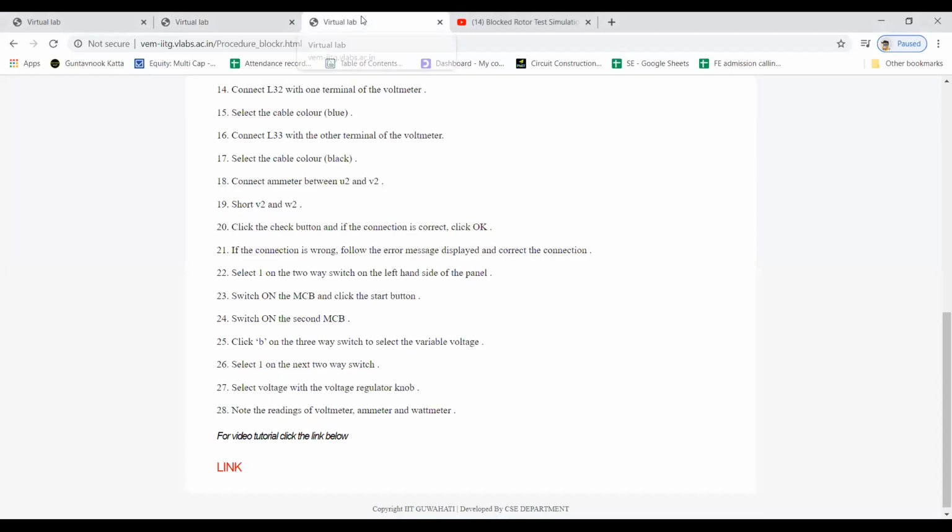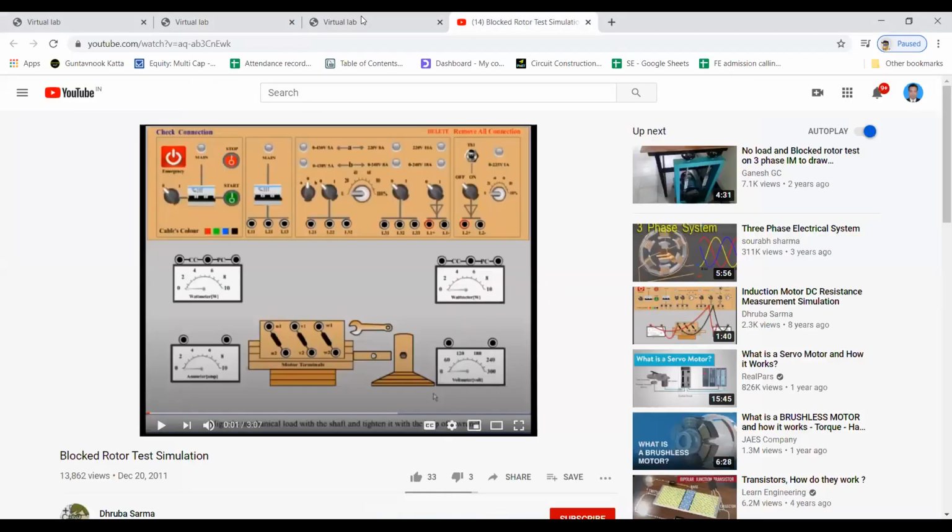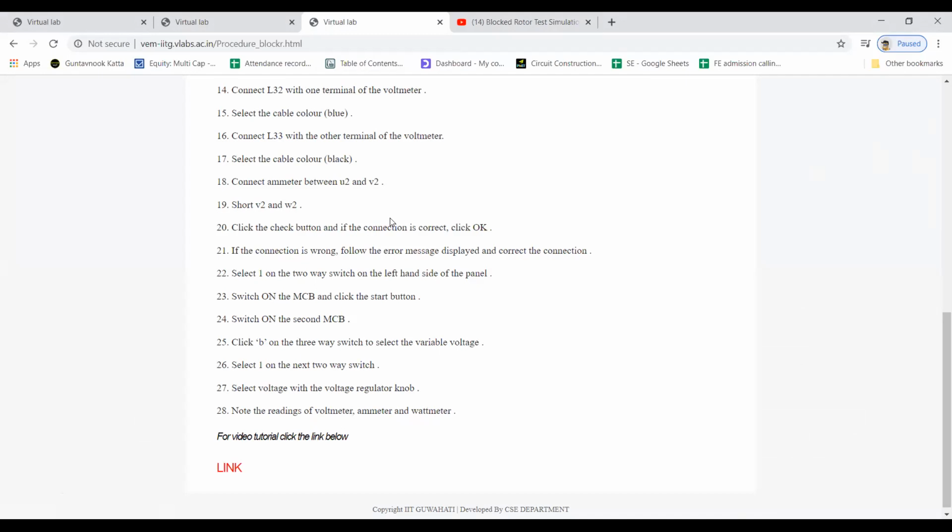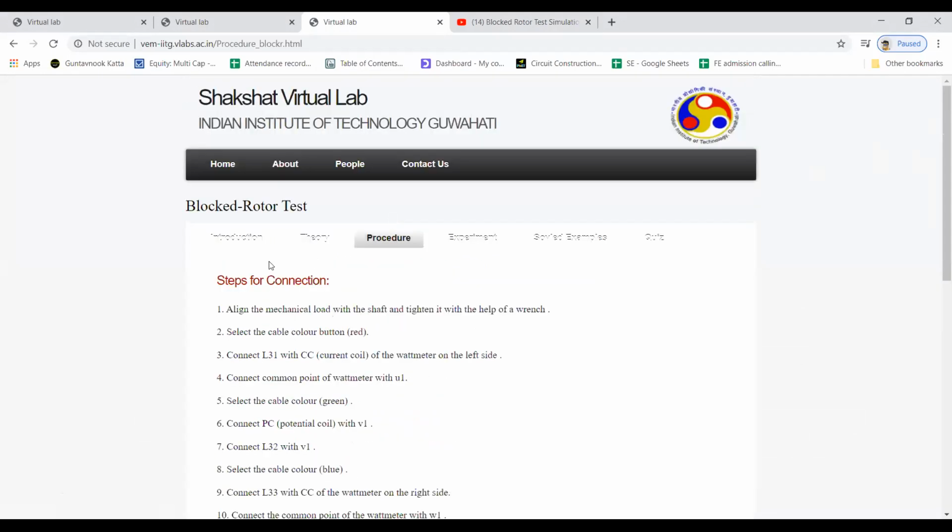Yes, so this was for the no load test. Then for the blocked rotor test, again the same thing. The blocked rotor test is also from IIT Guwahati.